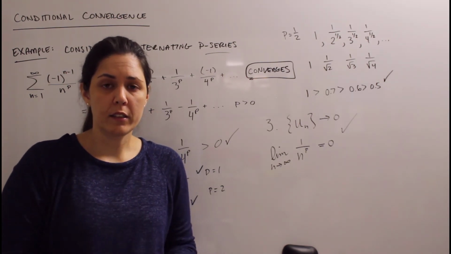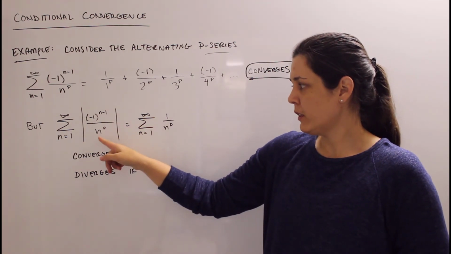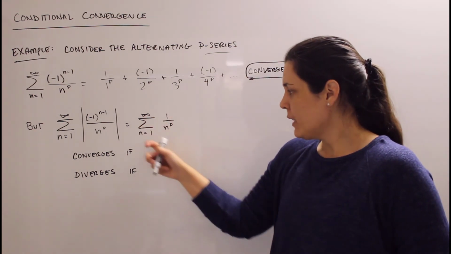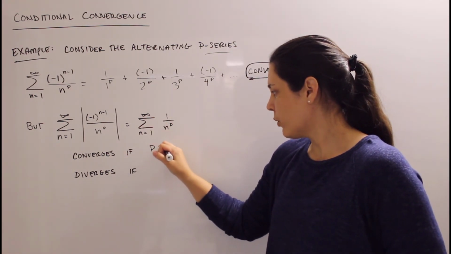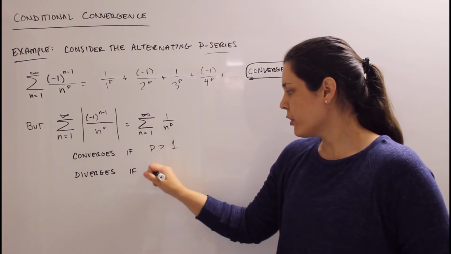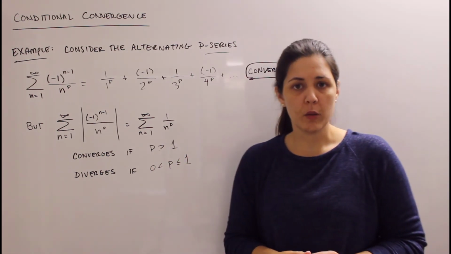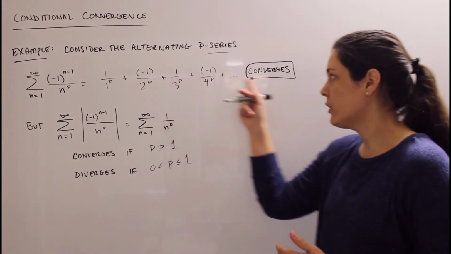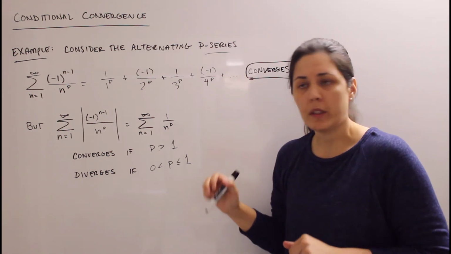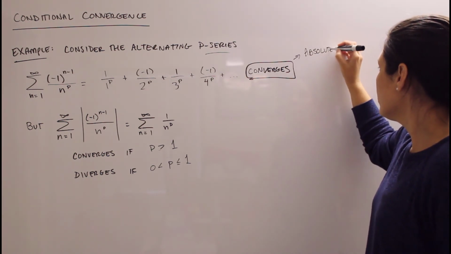So let's clarify this. Now, if we consider the absolute value of this series, it just turns into our regular p series, and then we know this p series converges if p is greater than 1, if the exponent p is more than 1, but it diverges if p is between 0 and 1, to include 1. So we have to take that into account for our final answer here. So I'm not just going to say that this alternating p series converges, I have to add something to it. So we say it converges absolutely